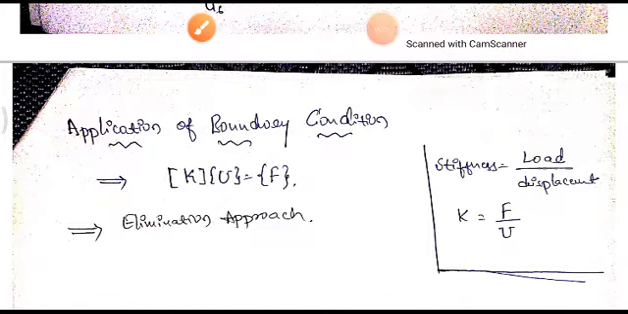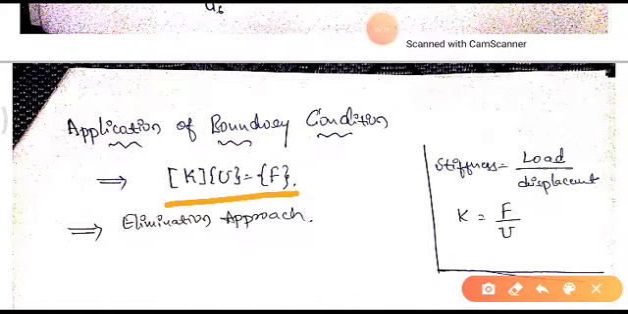In the previous video we discussed the two-bar truss element. Here we stopped at the application of boundary conditions. To apply the boundary condition we should have the equilibrium equation, that is K into Q is equal to F, where K is the stiffness matrix. Stiffness can be defined as load by displacement, so we write K into Q